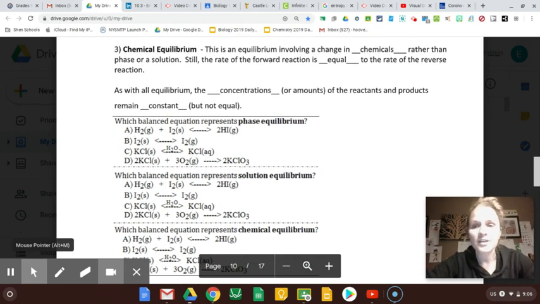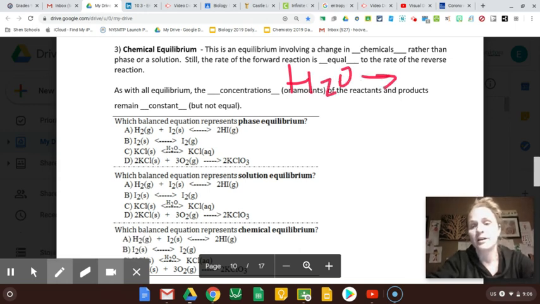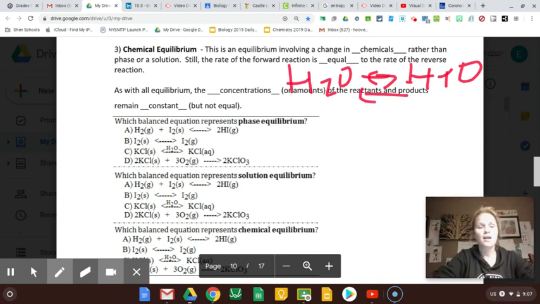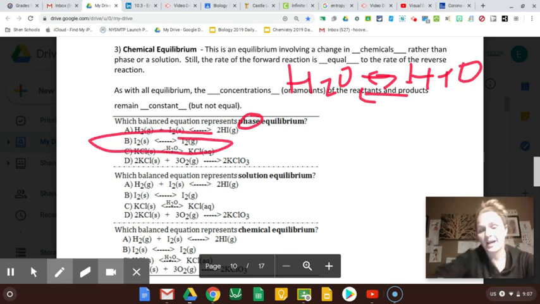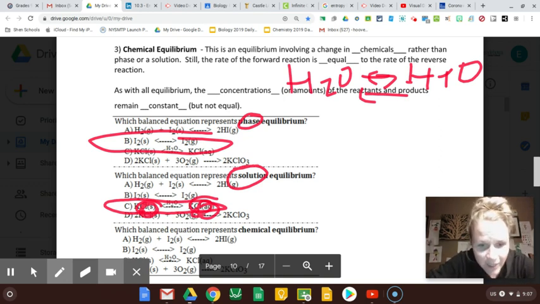And then the other one is chemical equilibrium, which is really any chemical reaction, like the one I said, H2O becoming H's and O's at the same rate that H's and O's are becoming H2O. So if you had questions, which one's phase equilibrium? I'm looking for the one that's going back and forth between 2 phases. Which one is solution equilibrium? The one that's going back and forth between being a solid and being a dissolved aqueous. Which one is a chemical equilibrium? The one that's just like a chemical reaction, not talking about